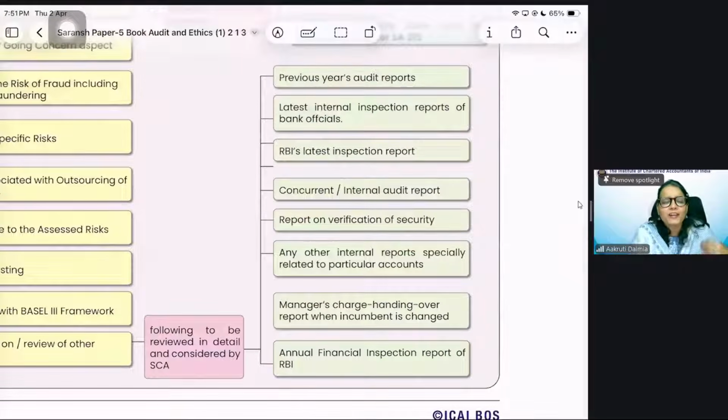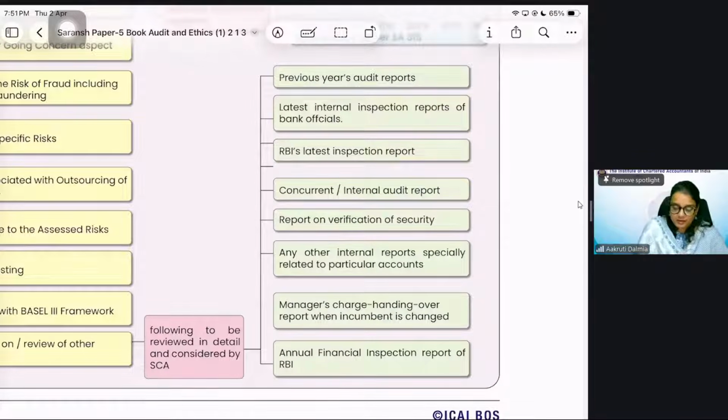So this is a very brilliant example of type 2 question, where it's a direct question from the book, but you are not able to make the connection as to which question from the book is it asking. Answer is something that you might have memorized also, but you have to make the connection with the question given in the exam. So it is asking which reports the auditor can use during the audit that already might have comments